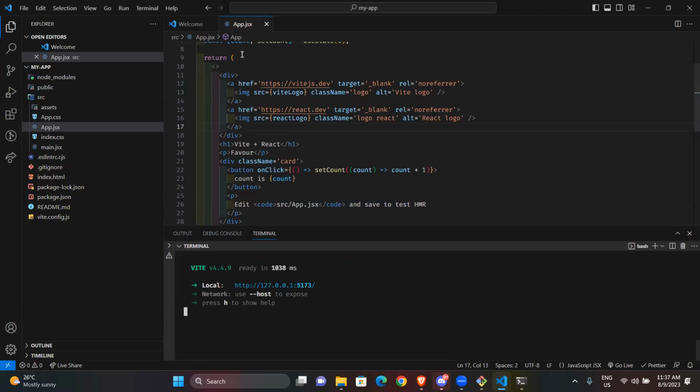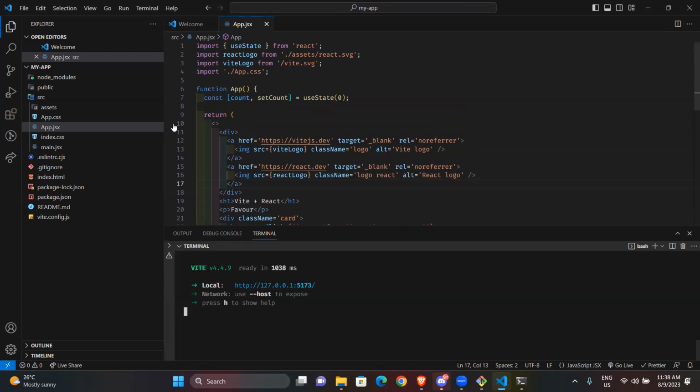Because this keeps running, if your PC is not very strong, your CPU or your fan starts blowing faster. So depending on your choice, for me, I do not allow it to save on its own. I save it when I feel, okay, I think I should save now and test. So it's just a preference.